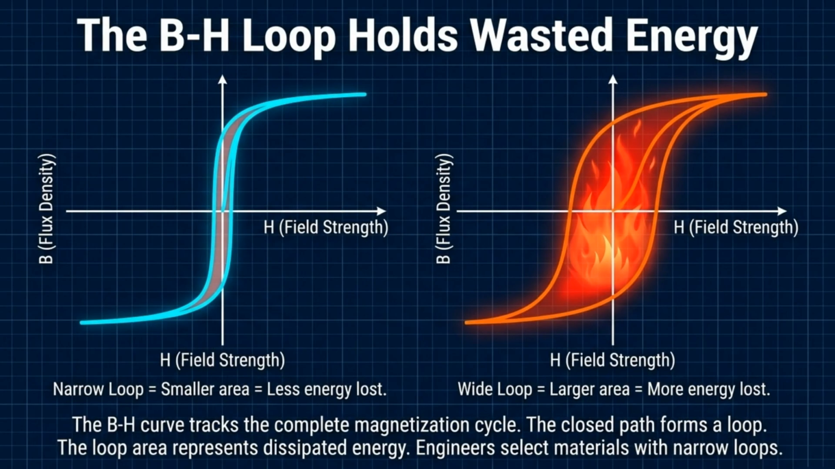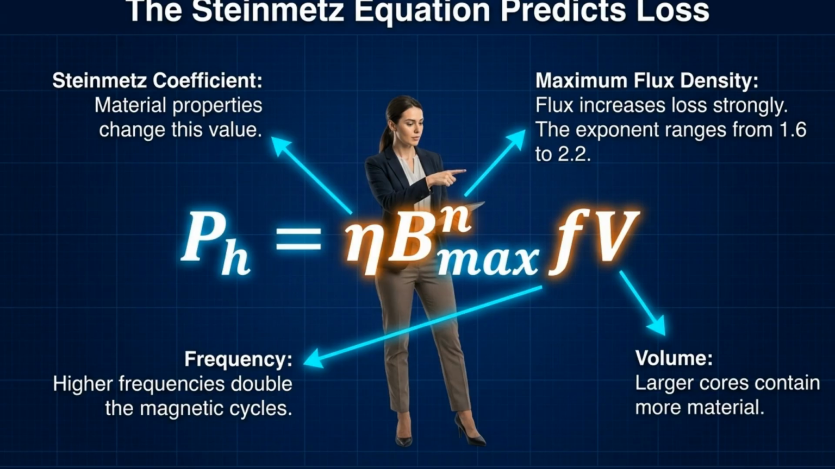The BH loop tracks this magnetization cycle. A wider loop indicates more energy loss, which is why engineers prioritize materials with narrow loops for transformer cores. The Steinmetz equation helps engineers predict hysteresis loss by accounting for material properties, maximum flux density, operating frequency, and the